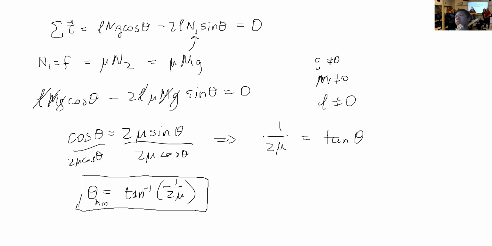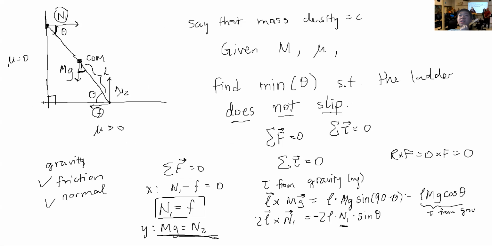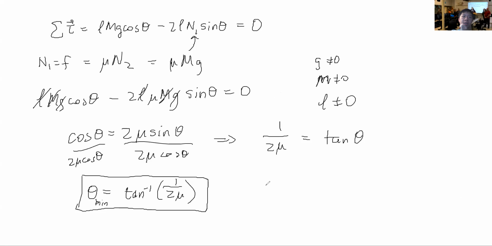How would you minimize? Ivan, why are you minimizing? Well, there is only one minimum value. If you see this diagram, I wanted you to find the minimum of theta such that the ladder does not slip. The reason this is the minimum is that if theta is less than the arctangent of 1 over 2mu, then this relationship would say that